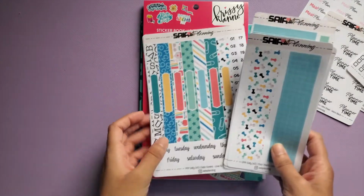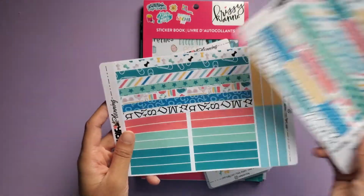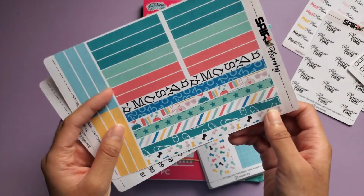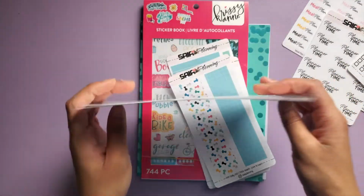So next we have this kit that she had made. This is a back to school kit. I am going to be using this for my back to school in the winter semester. So she has a ton of pieces to this. So this is all of the header strips. So there are these slightly longer ones and then a bunch of the shorter ones. These are the